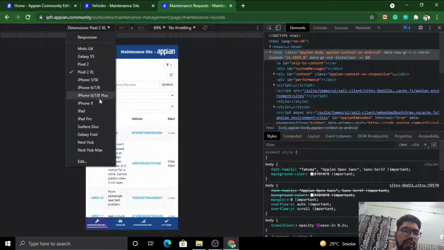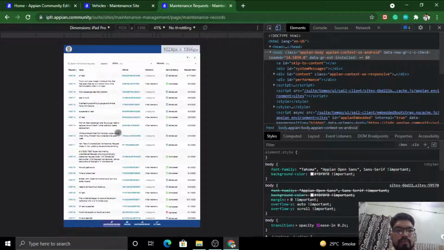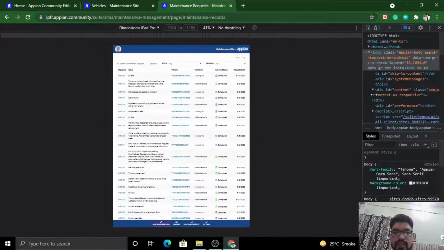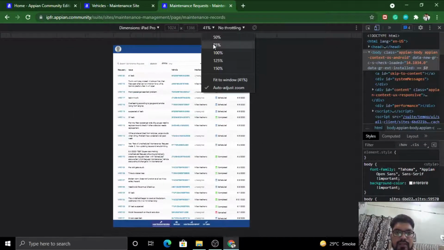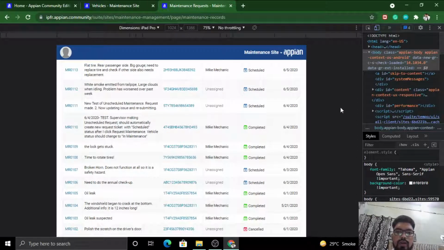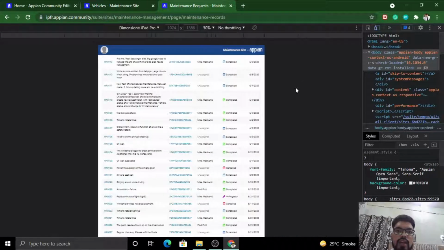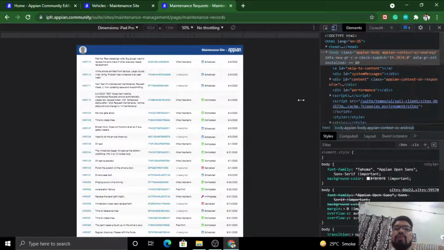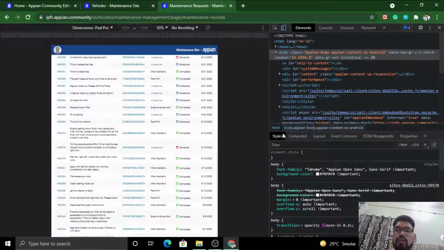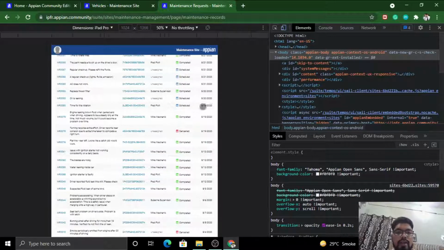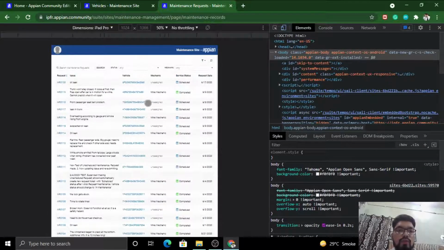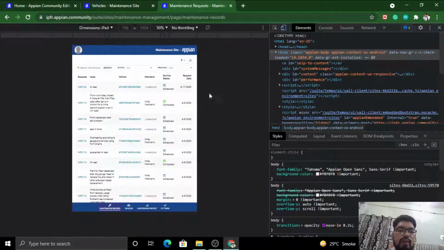Now let me give you an example of iPad Pro. As you can see, this is the application. This is how it will look on a tablet, how gracefully it is working, as you can see, right? I don't have any words to explain more about how APN takes care in the back end of viewing things in such a graceful manner. So let me give you an example of iPad. See how graceful things are.